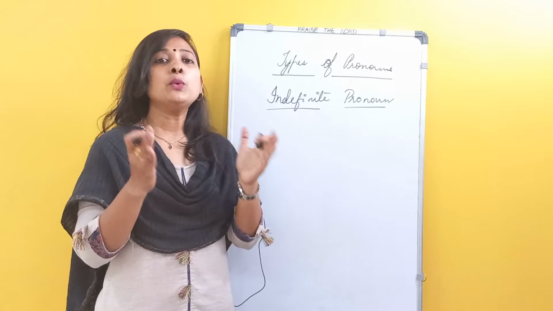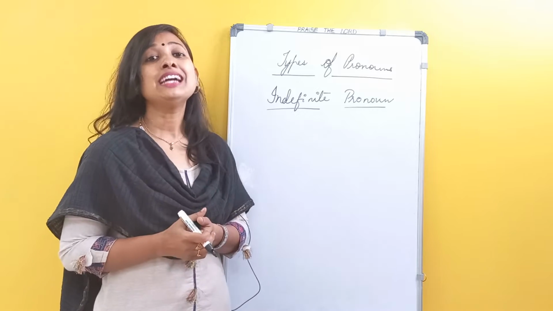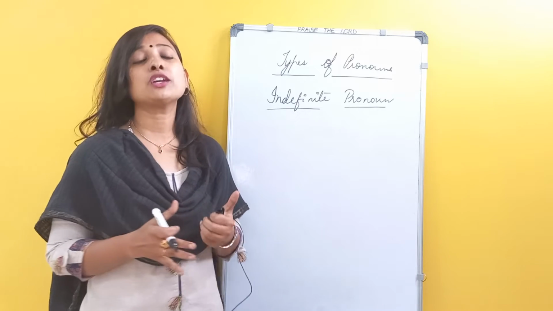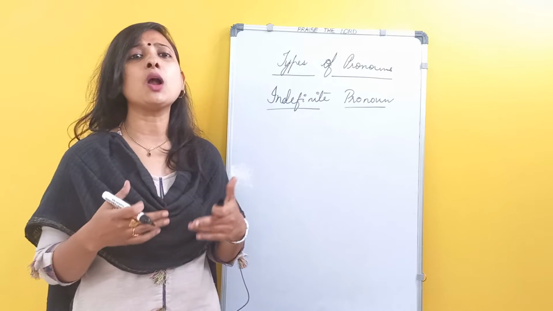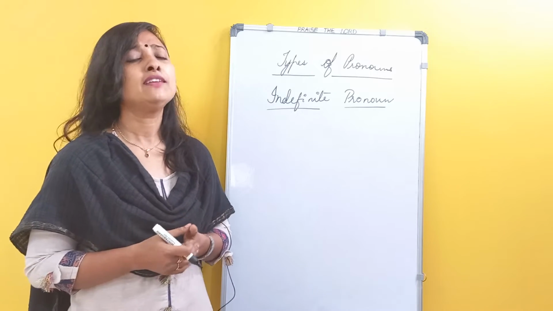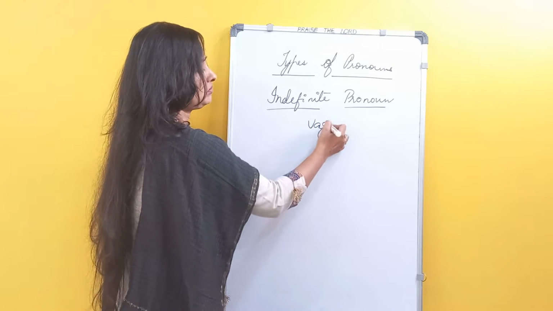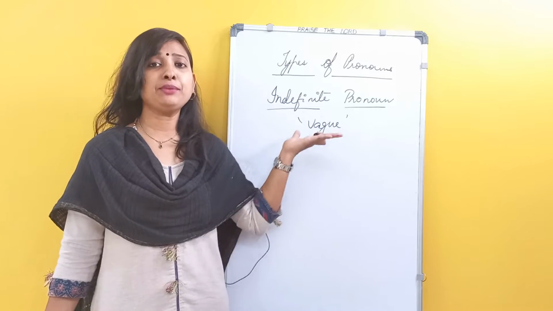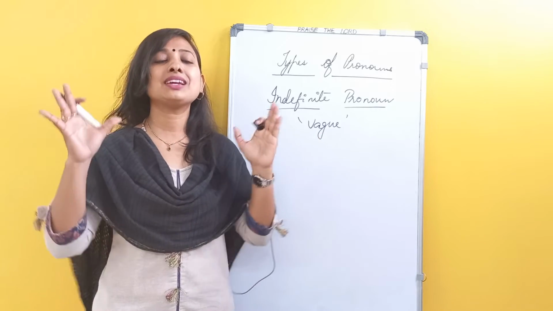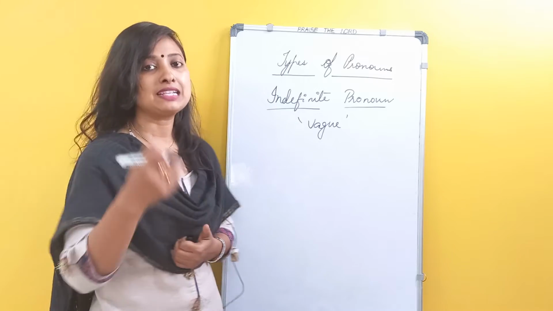So words which are used in such a way that they are not referring to any particular subject, or not specifying anything in particular, can be called vague. They do not specify anything. They are just vague in nature. Those are called indefinite pronouns. There are some words which are supposed to be remembered just like that, and those are indefinite pronouns. Like I can say